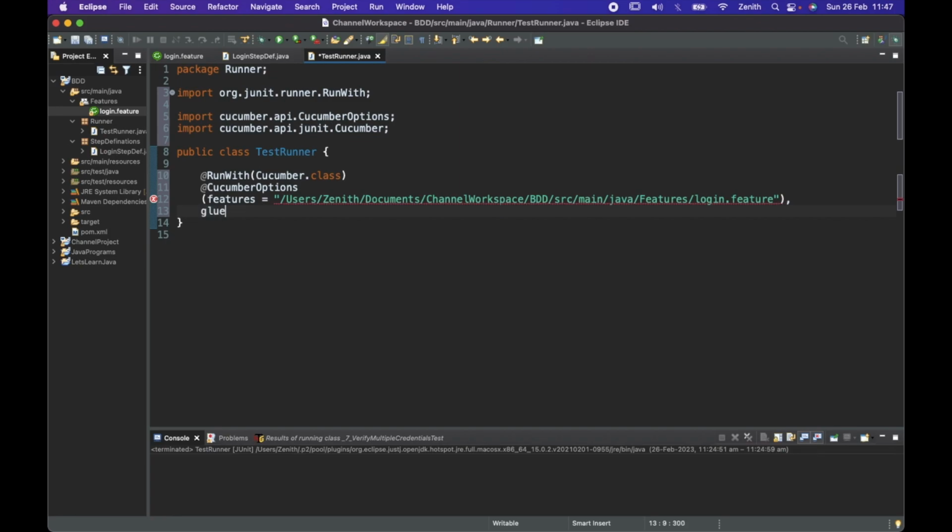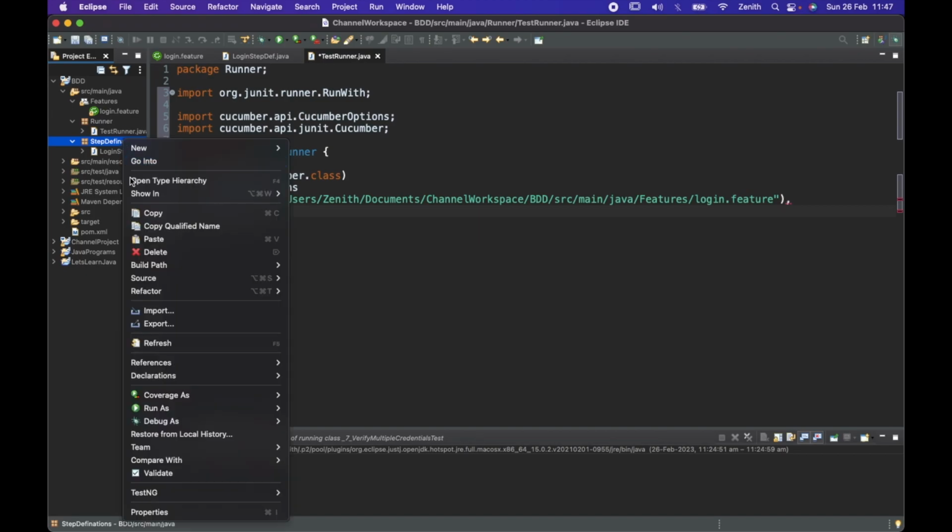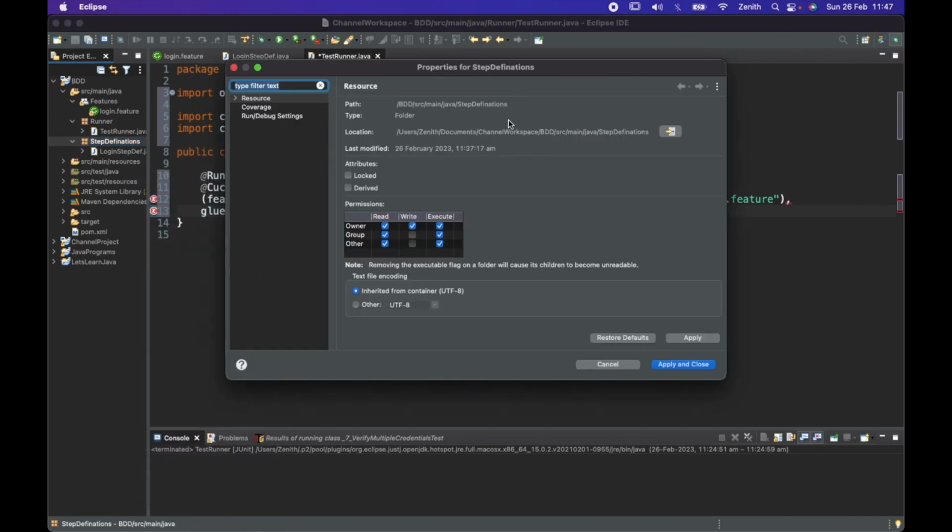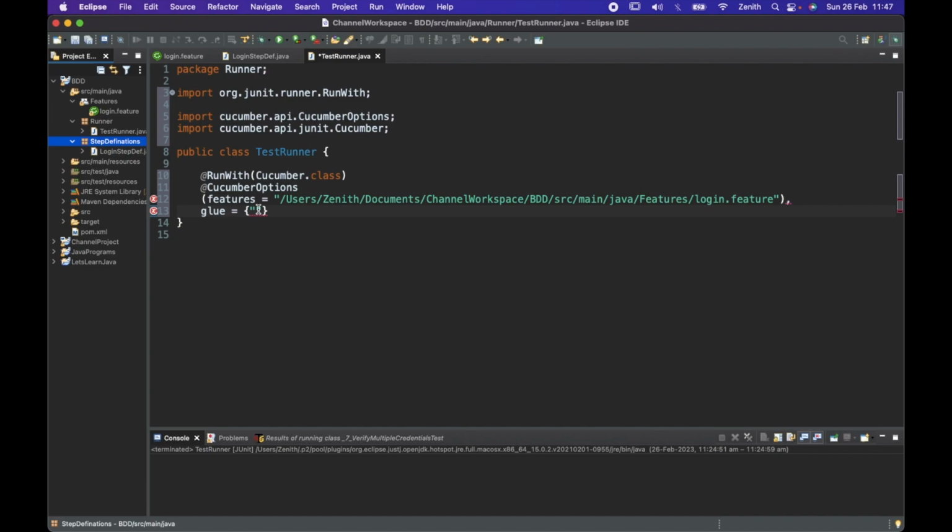Then glue. Glue means stick, we can say that. We know the meaning of glue in the English language. So here we are going to stick both things together, that is the feature file, and that feature file is glued with the package. Which package? We can say the step definition package. So I will write down the name. I will copy the name. I will copy this step definitions here, and